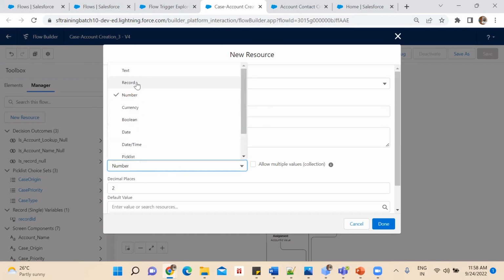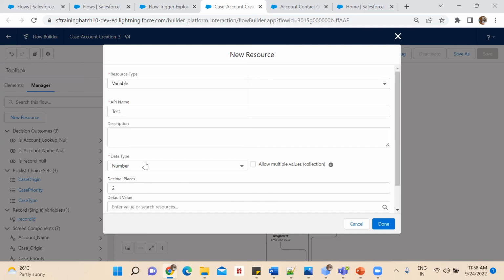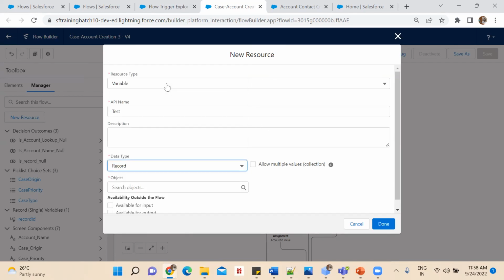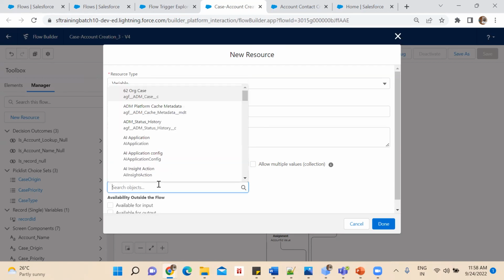If I select record, and this is very important, all this you have seen when you are creating fields, except record and Apex defined. So what is record? When you select the data type as record, the best thing that Flow has introduced is you can select an object.